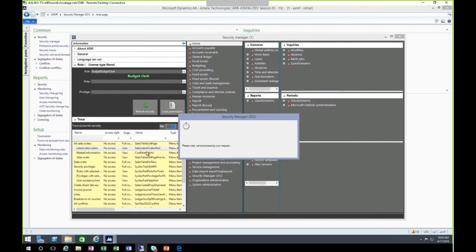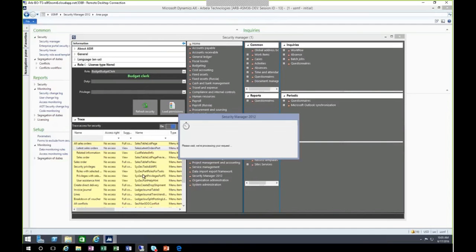But essentially, with the trace information, I can export these AOT objects and the menu item type, as well as the suggested level of control to give access to that, into an Excel file. So first of all, I can take it away from here. Second, these are securable objects, so menu items essentially.